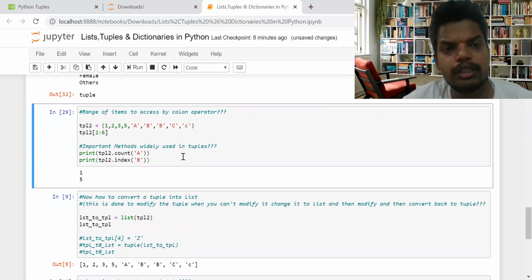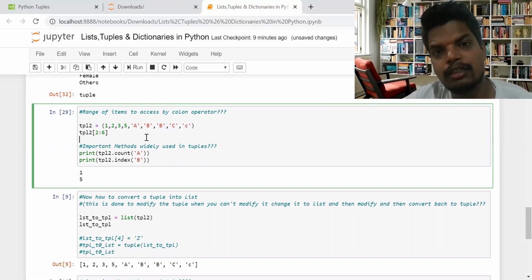Now suppose we need to access a range of items. I've created a different tuple. Intentionally I have given numbers and alphabets inside a tuple so that we can clearly identify that a tuple accepts all types of values, whether integer, float, or string. We can create a tuple with any of these data types. This is the new tuple.